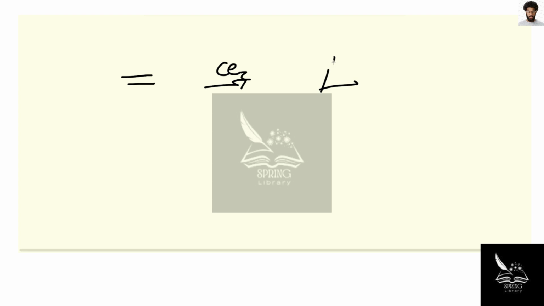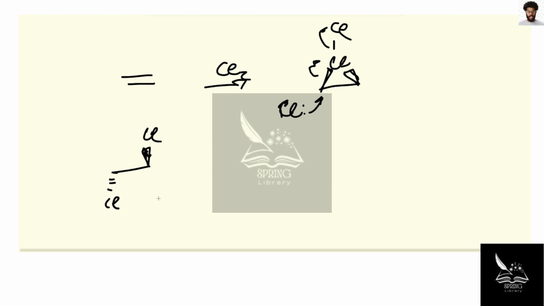Okay, let's recall how adding chlorine across a double bond works. First, we end up with this sort of cyclic intermediate, and this will happen on one face of the double bond. And then finally, there'll be attack from another chlorine molecule, which will open up that cyclic ring structure. And eventually, we'll get anti-addition of chlorine across the double bond, meaning there'll be one that's coming towards us and